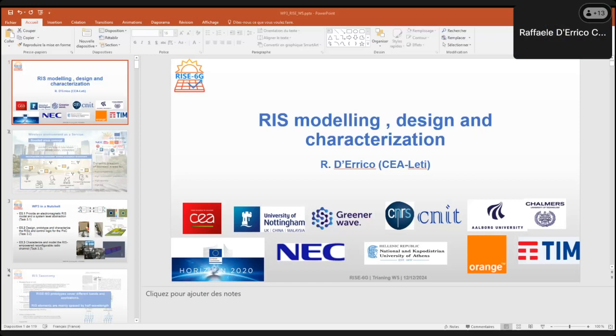So just a short overview on the first part, which was the end-to-end impedance model that was firstly proposed by our partners, Gabriele Gradoni and Marco Di Renzo. In the beginning, it was a very simple model that was thought for dipole elements, and so the RIS is also represented as small dipoles.